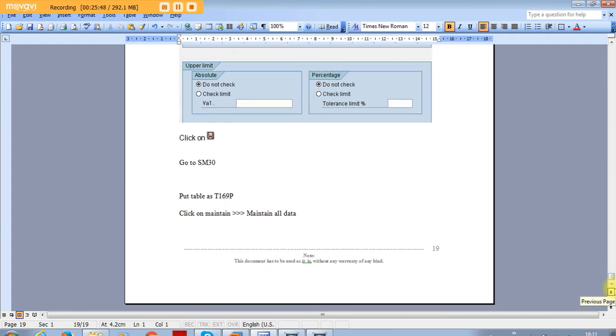This is how you can create the enterprise structure. It may look very easy here when I'm giving a demo, but in real time it will take a lot of effort to create an enterprise structure, and you have to know in detail the whole functionality of material management, how they procure, from where they procure, and which plant they store it in. There are so many things in a real-time enterprise structure. It is not as easy as how we are doing it here.